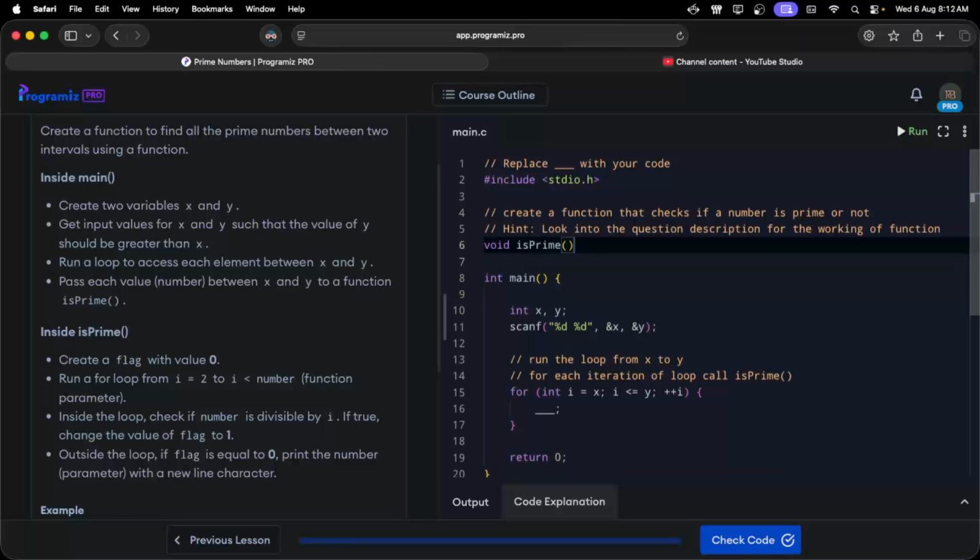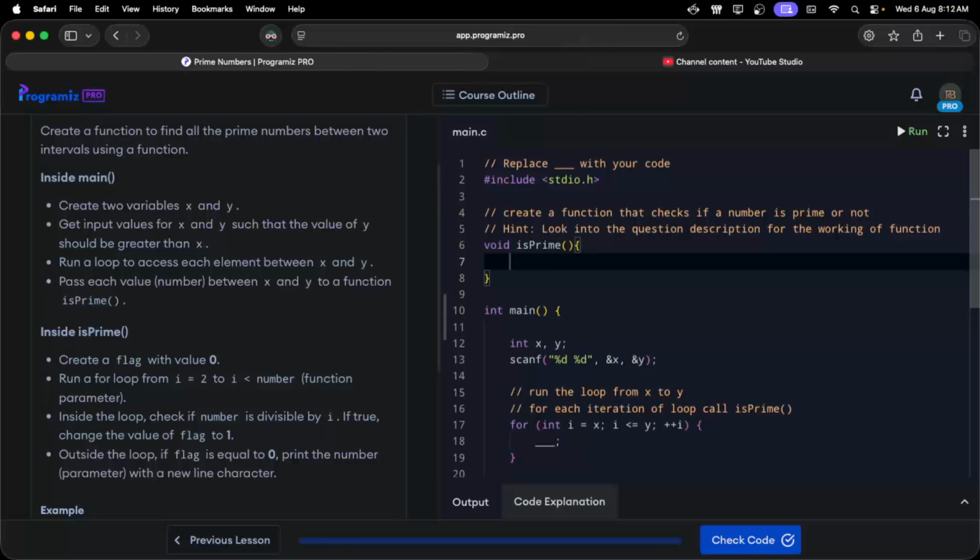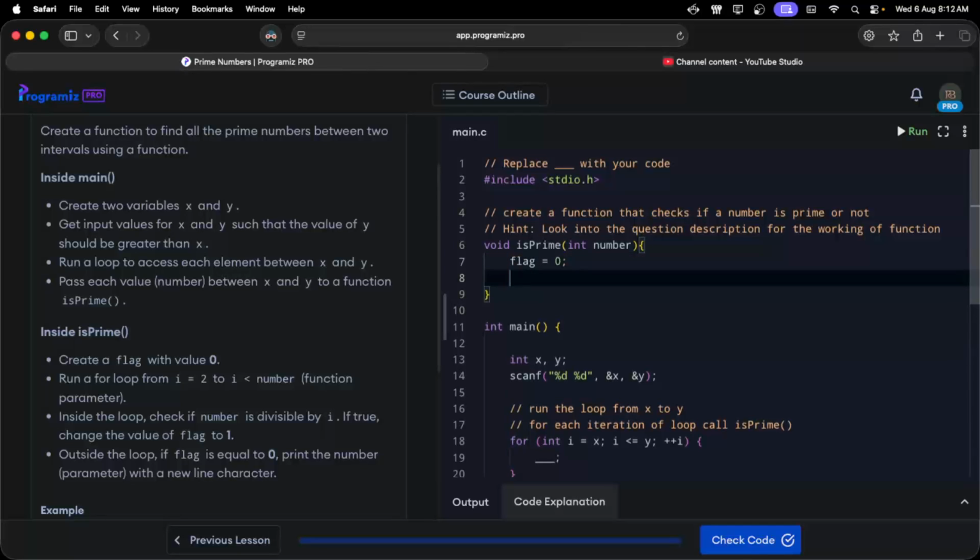Prime number, and it should be like this, right? We need to create a flag, right? So we will need to take an int number, right? Flag equals to 0. Of course, it will be int,